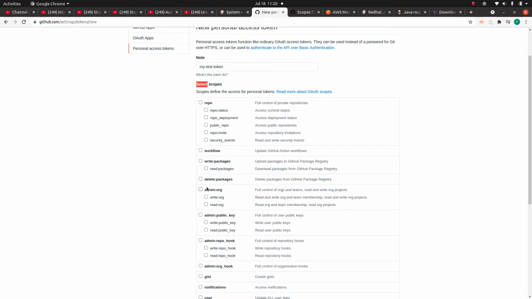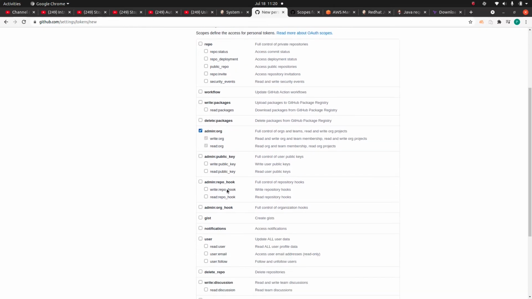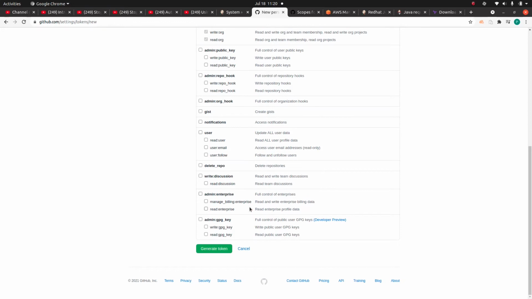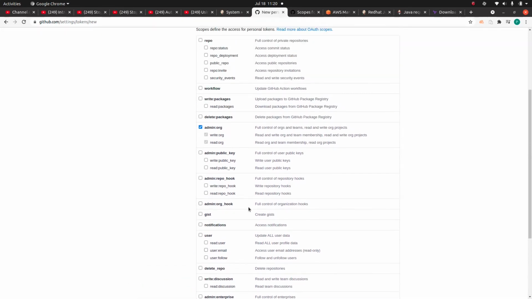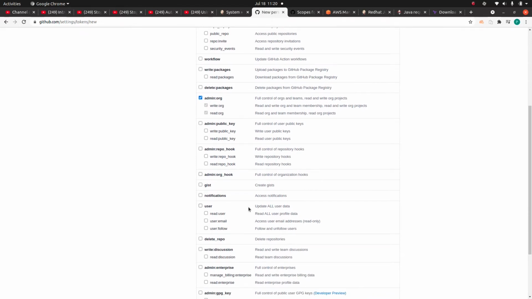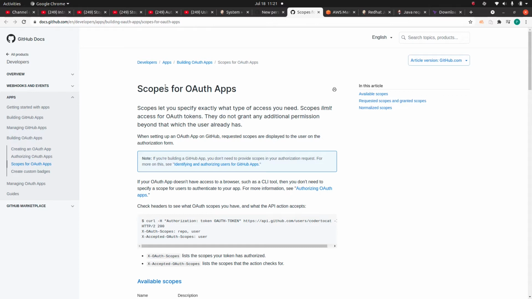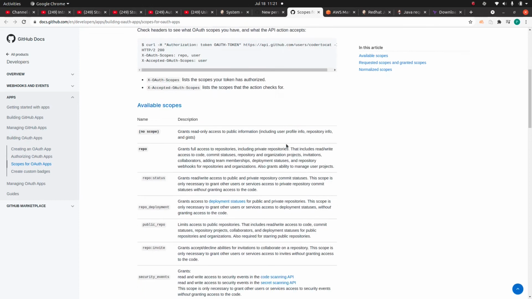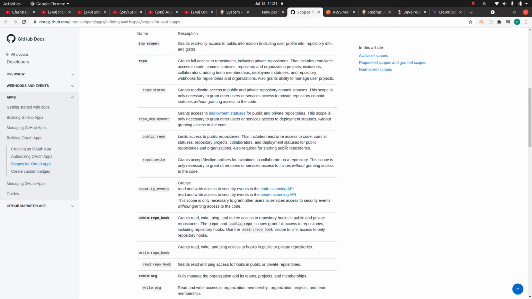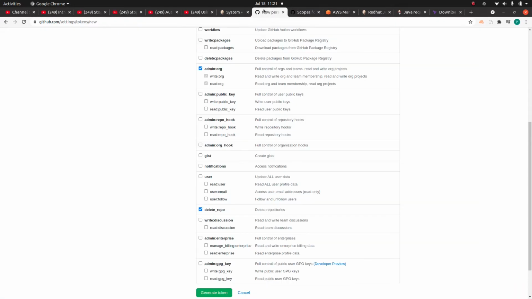For example, if you give admin level permission, in there you will see something called delete repo. These are really powerful ones once you give admin level permissions. So please make sure, depending upon your requirement, check the GitHub documentation describing the scopes for your auth, and only apply the level of permission that is required for your particular use case.